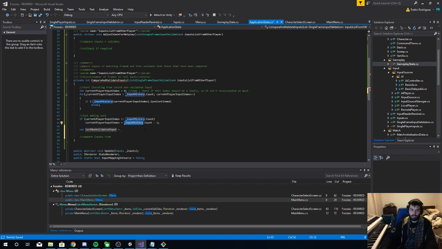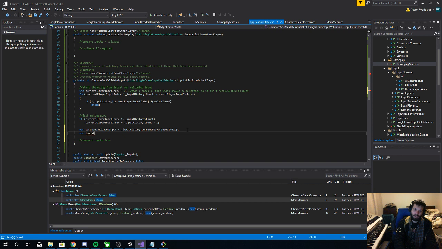Input history. Okay, and then int, or I can also put it as var frame or lowest. No, so this is not last anymore. This is oldest, I guess. And so oldest